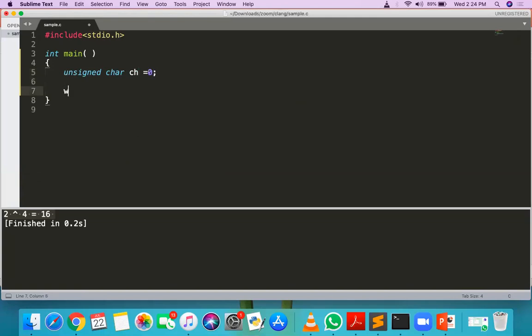Then while ch is less than or equal to 255, and then printf %c and \t, I'm giving \t, comma ch.